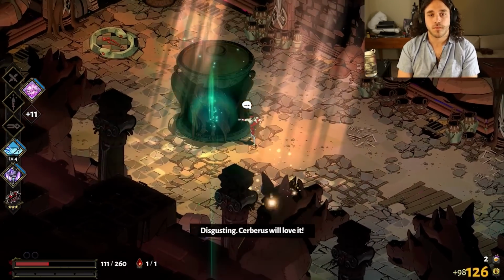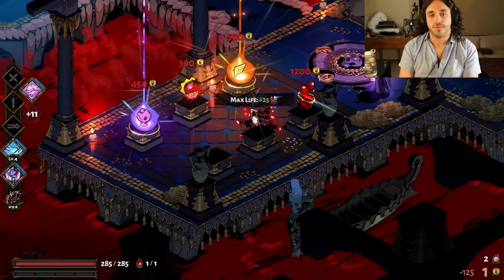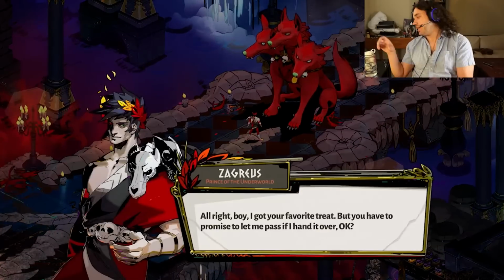a 5% damage boost. I'd like to buy a Death Defy, but we don't have any money. At least we get the fountain. And some cash. Use the cash for a Centaur Heart, and it's time to fight the final boss with 285